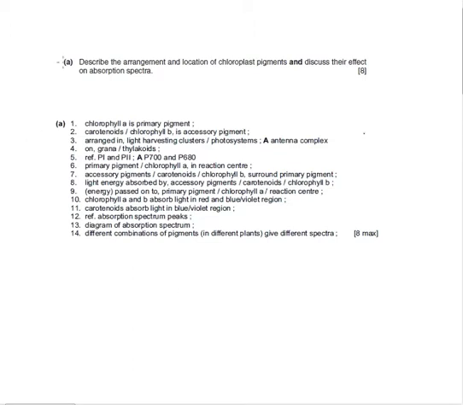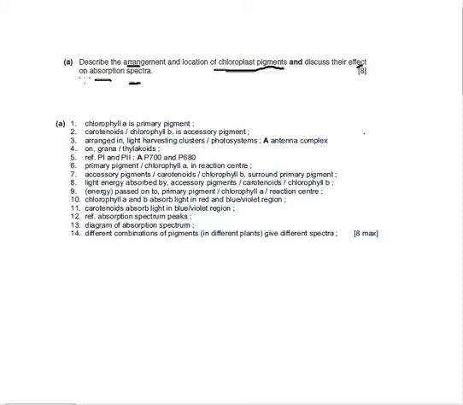Over here we'll be doing the location of chloroplast pigments, the arrangement of those pigments, and the effect of these pigments on absorption spectra. So there are three things. The first thing is we're supposed to mention the chloroplast pigments. So we know that we have